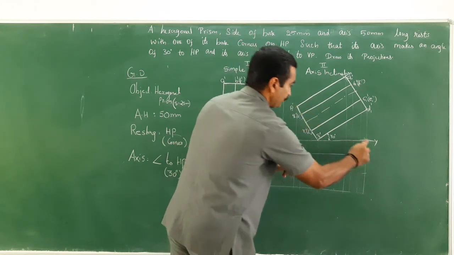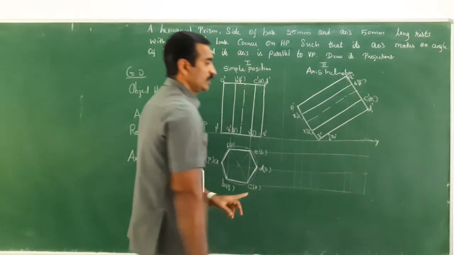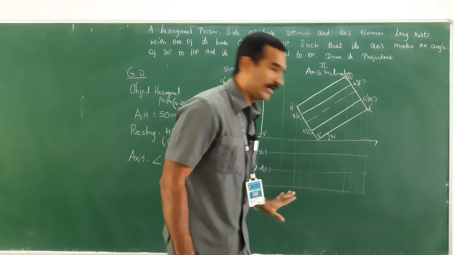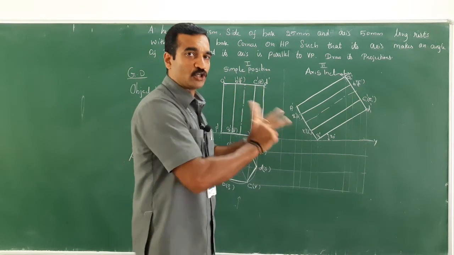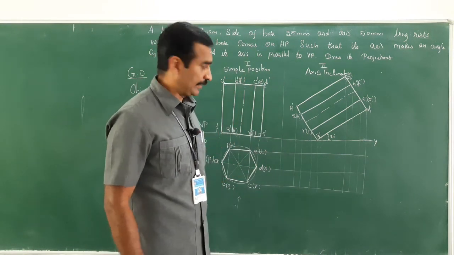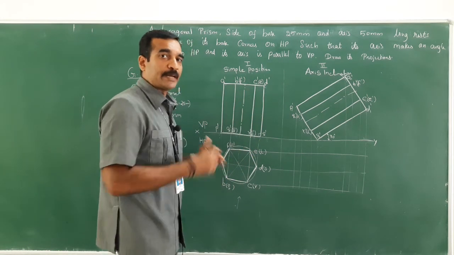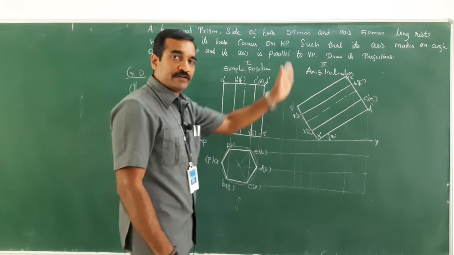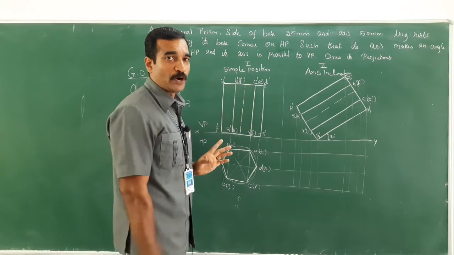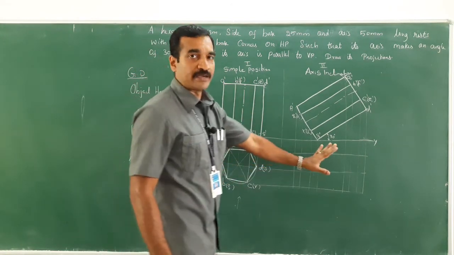Now look at here, we've got a box. Within this box only I am going to get the final top view of this projection, right? For which I have to do the mapping work here. That means horizontal projectors and vertical projectors would be intersecting at one point, right? That I need to plot now.